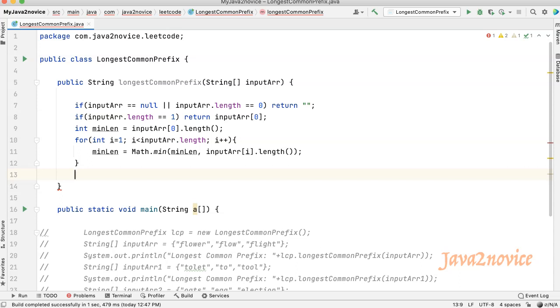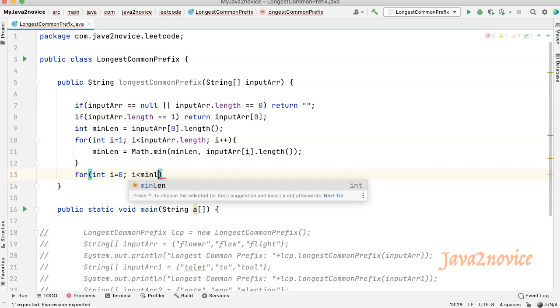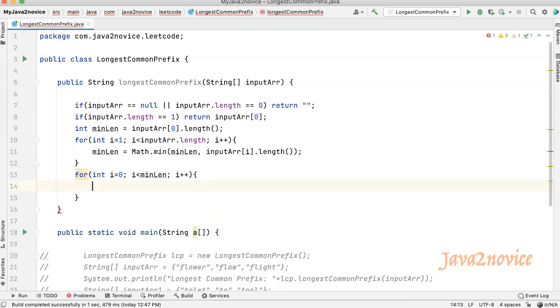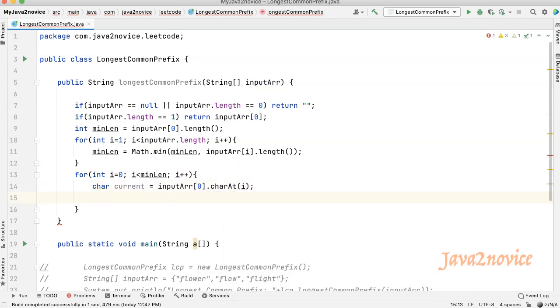Now, loop for the minimum length. Get the current character from the first string based on the i value. Let's check if this character is found in all other strings or not.